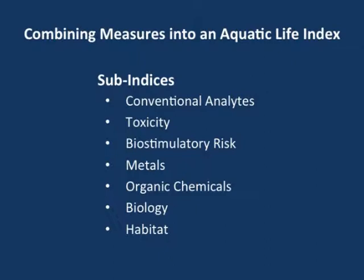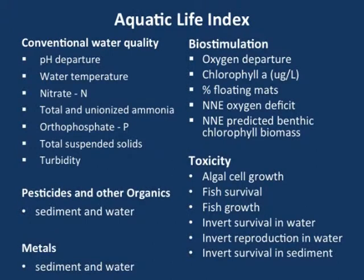So then we combined those measures into, in this case, an aquatic life index, and I already mentioned we have a number of sub-indices. You notice this one includes habitat. We didn't have that on our original web design. That was a mistake. These are, I won't read them all, but the analytes that are currently in our various metrics. You can see we have